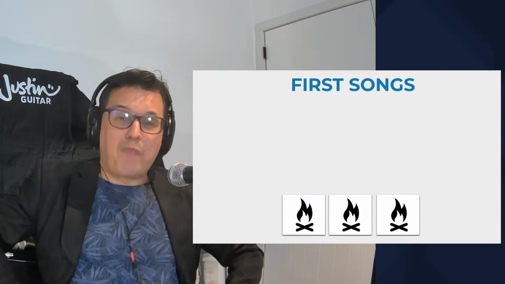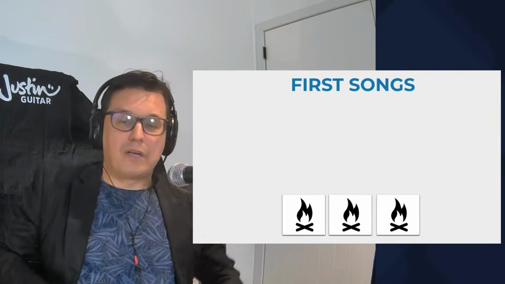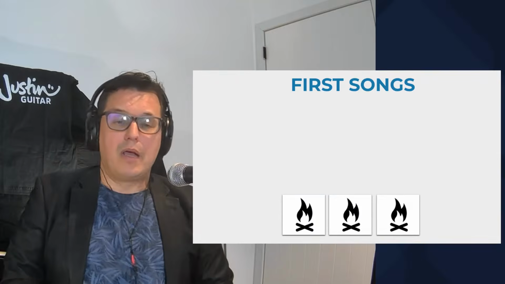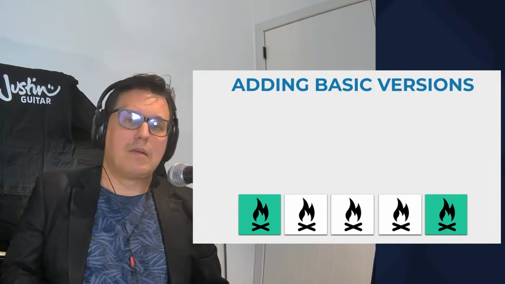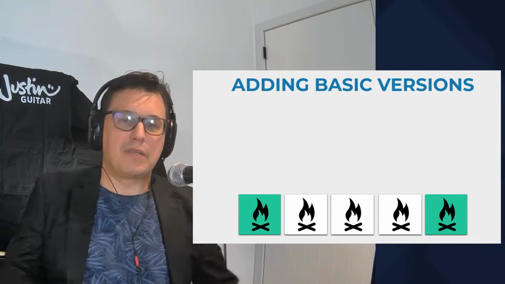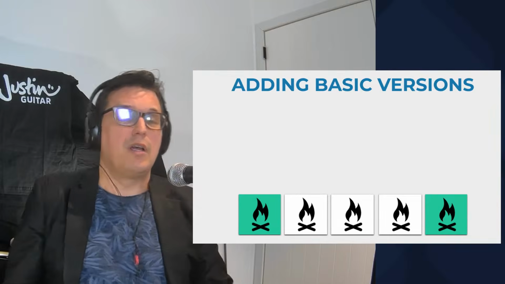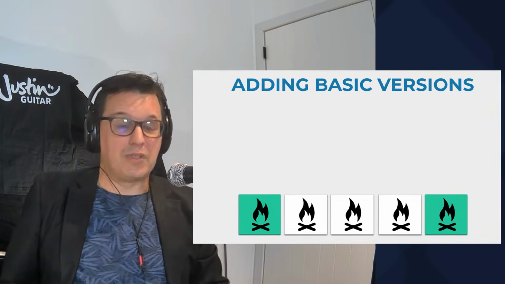Those campfire songs will be the easier songs, mostly the ones that you can play along easily and play on your own. And gradually, you will be adding other basic versions of songs to that. And I'll come back to that term basic version because this is something very important to get some songs out there really soon.